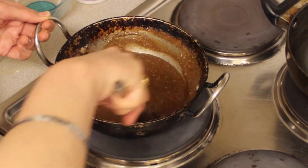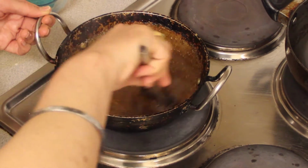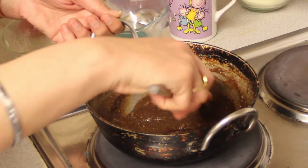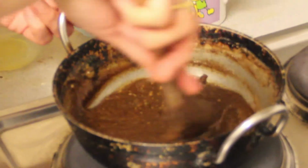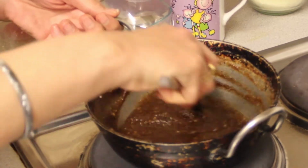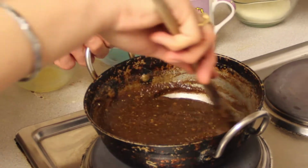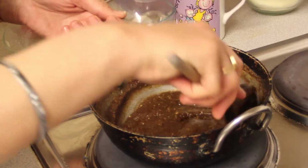So you need to keep stirring constantly before you can see the mixture starts to thicken. So you can see now the mixture has started becoming thick. At this stage it is again very important that you stir right from the bottom so you don't lose the mixture and it doesn't stick to the bottom. So you just keep stirring. As soon as it gets even thicker,